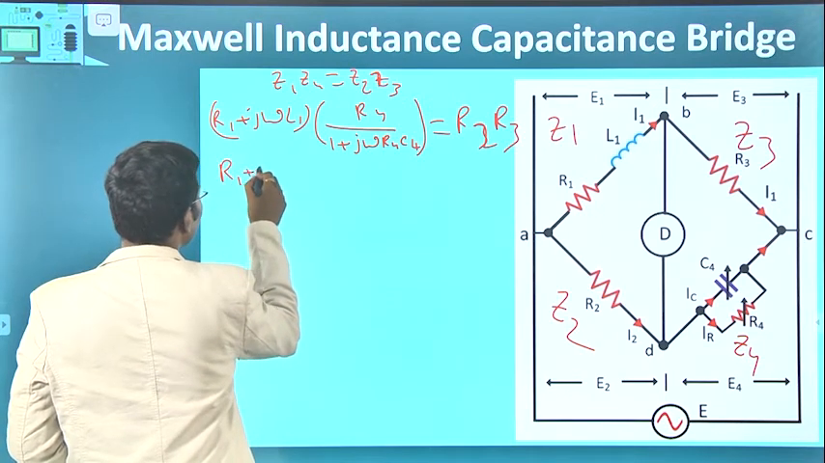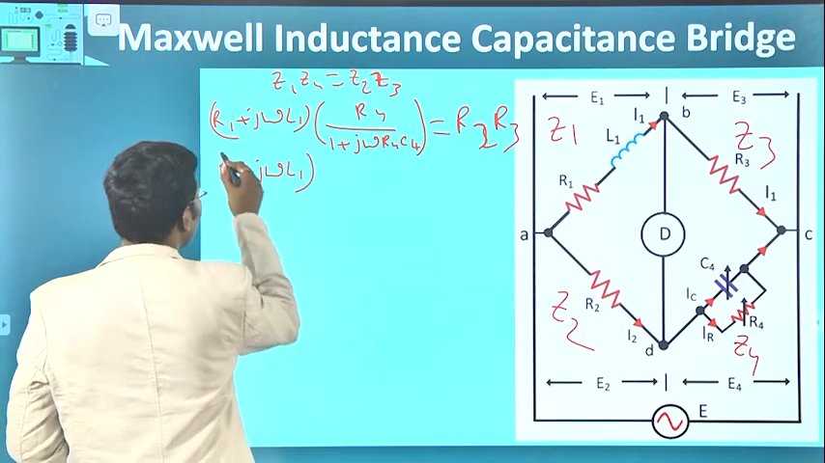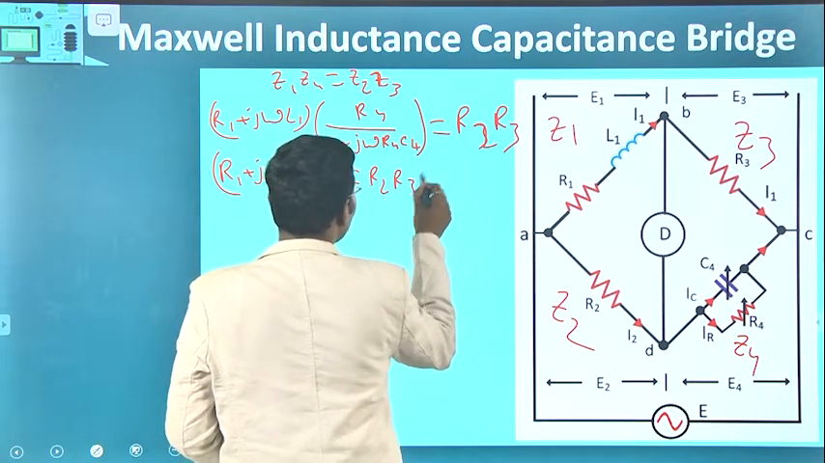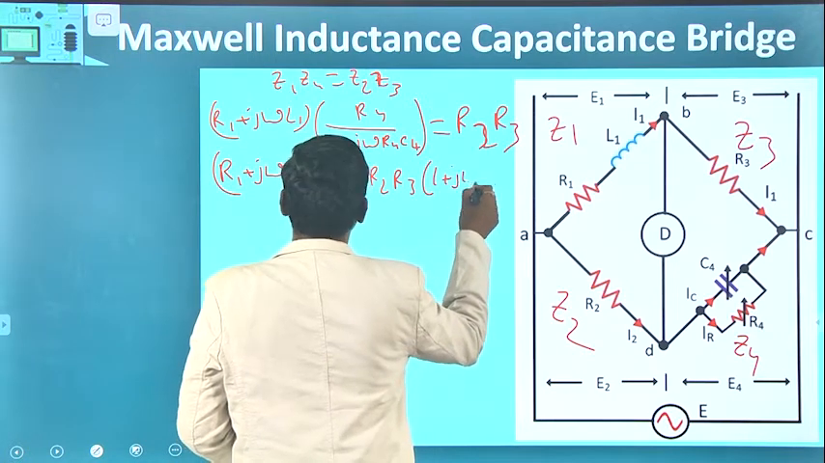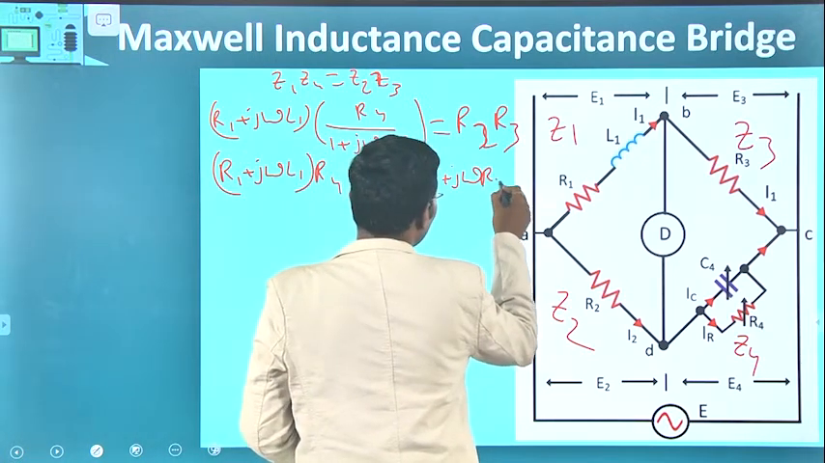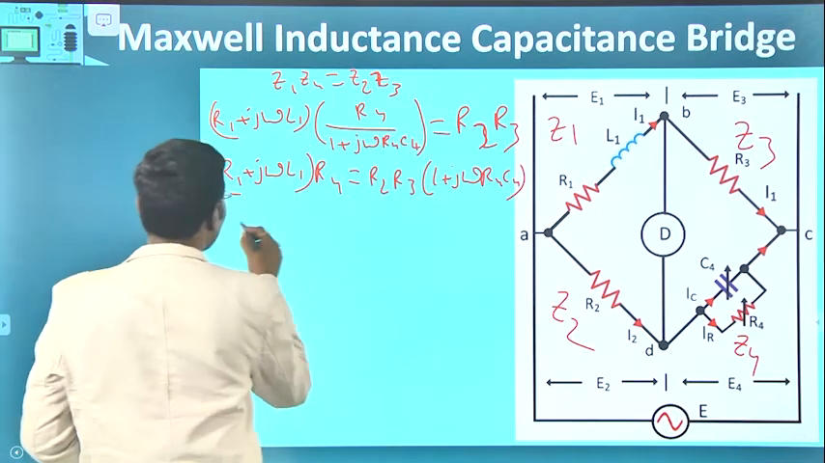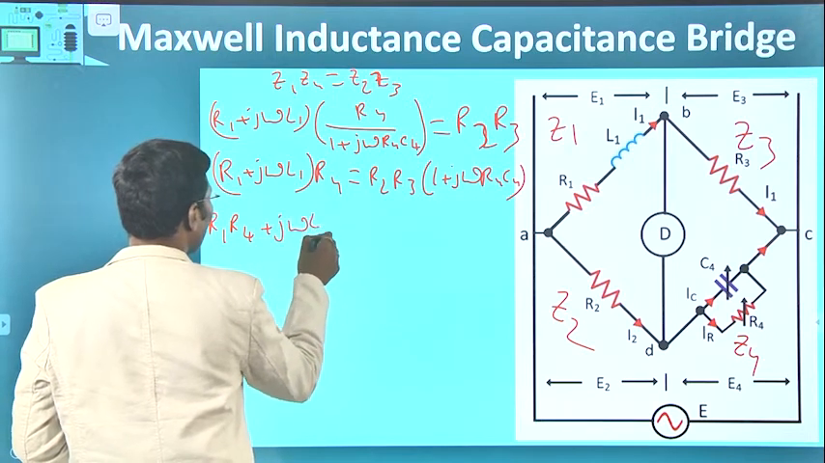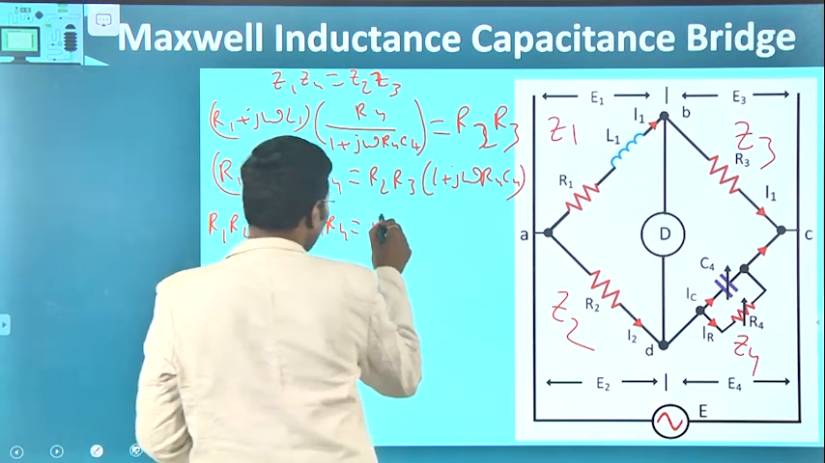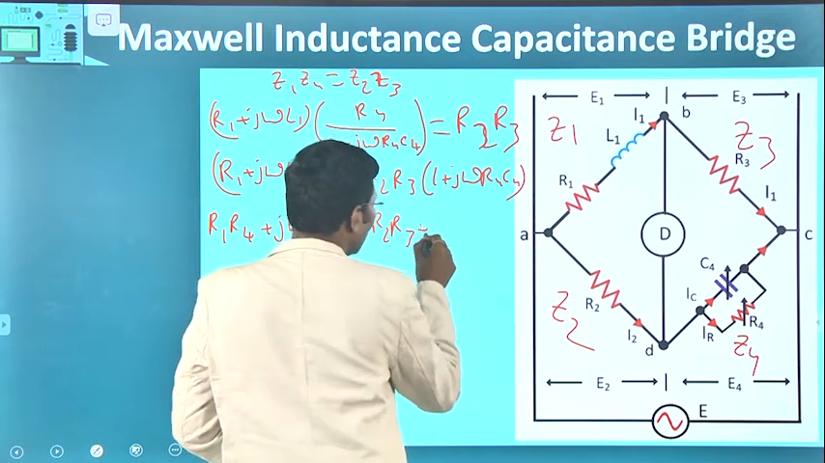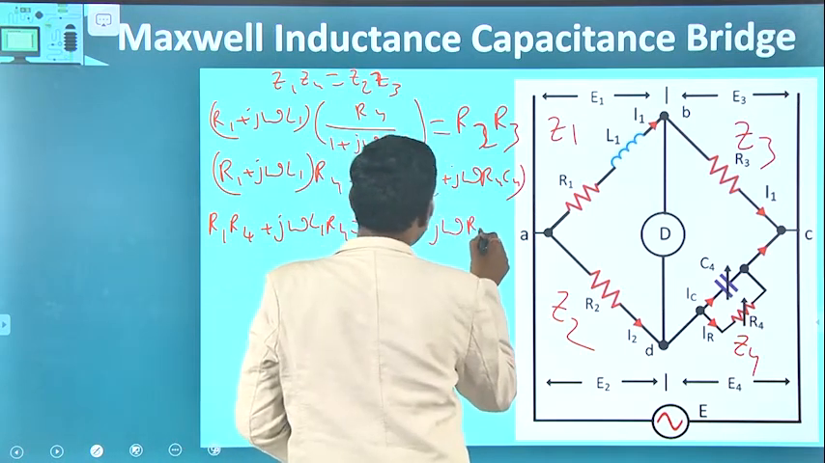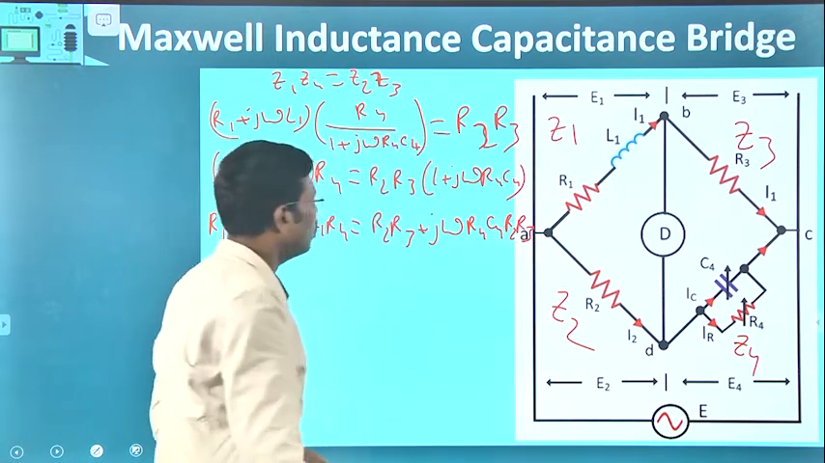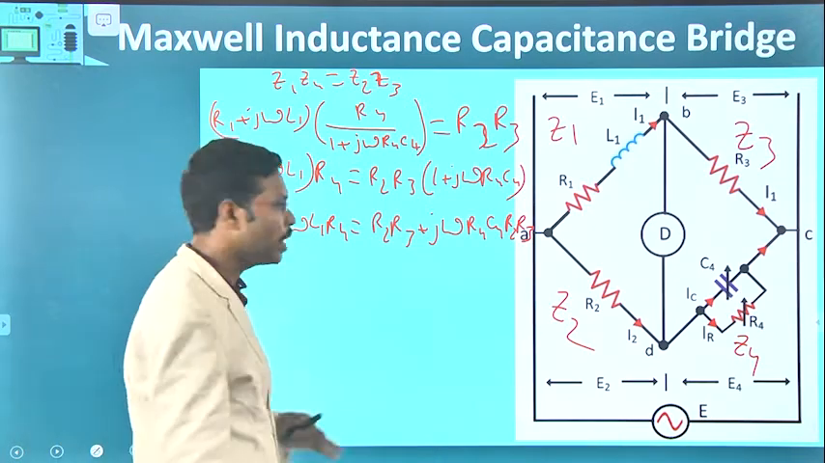So R1 plus j omega L1 into R4 will be equal to R2 R3 into 1 plus j omega R4 C4. If we further simplify, we will get R1 R4 plus j omega L1 R4 equal to R2 R3 plus j omega R4 C4 R2 R3. Now we will compare the real and imaginary terms on both sides. Then we will get